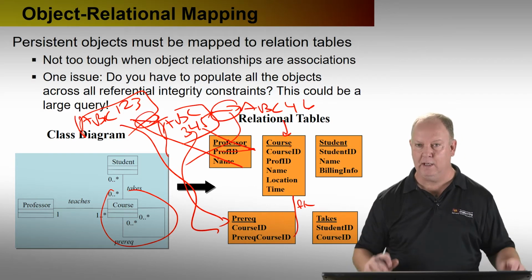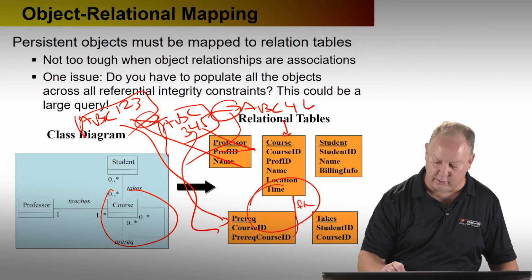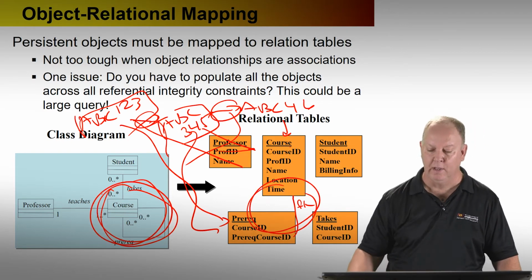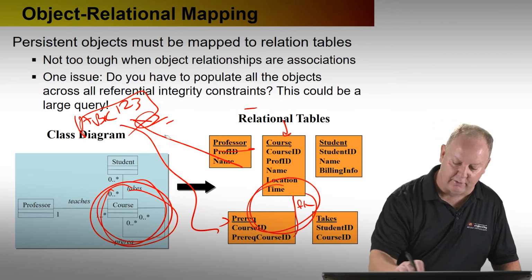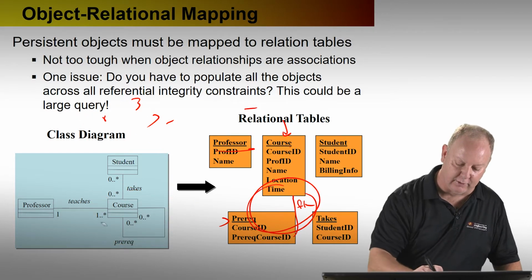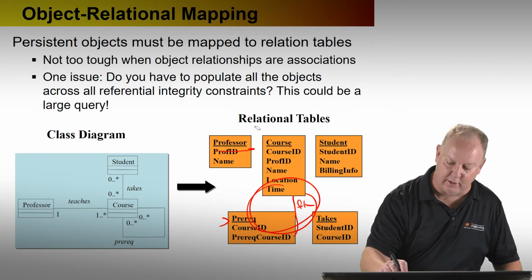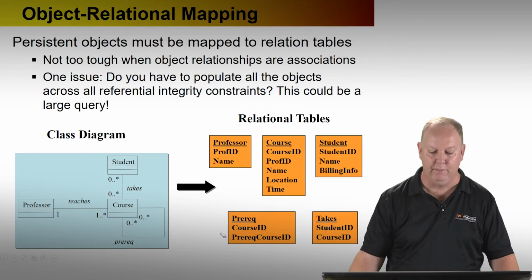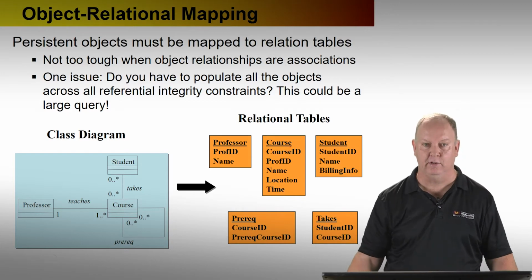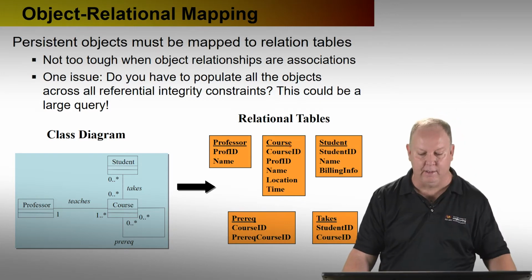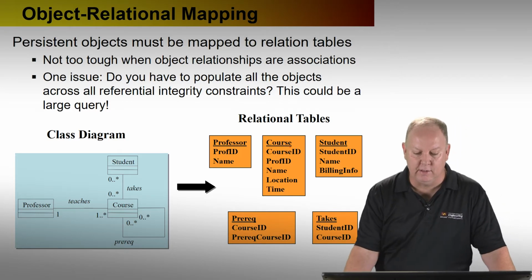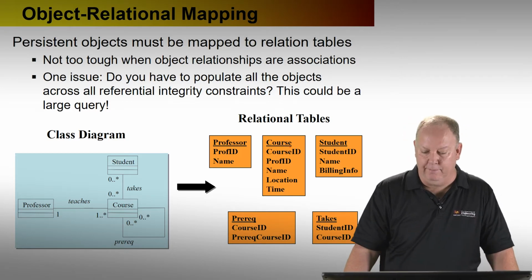But the point is, for me to answer the query, I would have to go around this relationship with multiple join queries. Now, of course, this is a well-known problem, and there are certain shorthands. There are things called a connect by query in Oracle and so forth. But the point is in a relational model, it's not natural. It's not part of the data model because it's flat, all right? But it's very natural in object-oriented models. You can see we economically represent it, all right? So we're not too tough when our object relationships are associations, but what happens when they're not, all right?